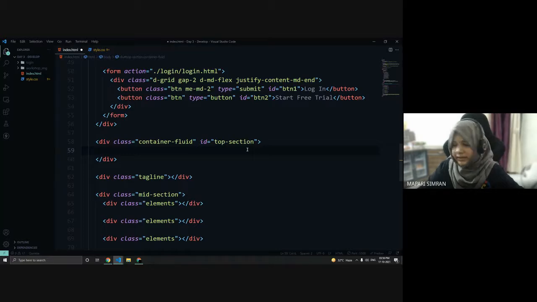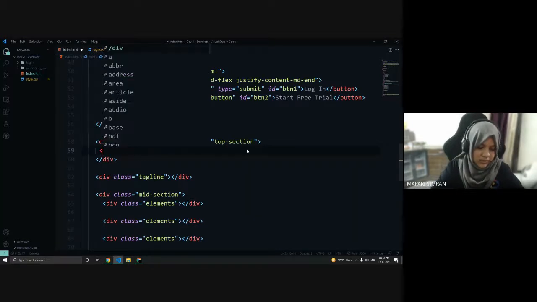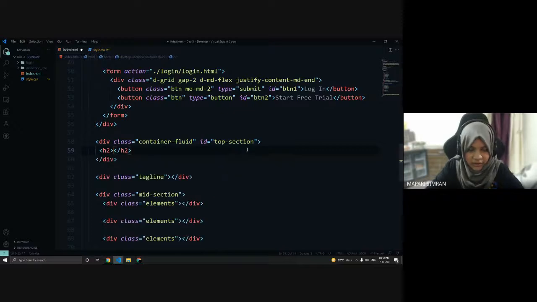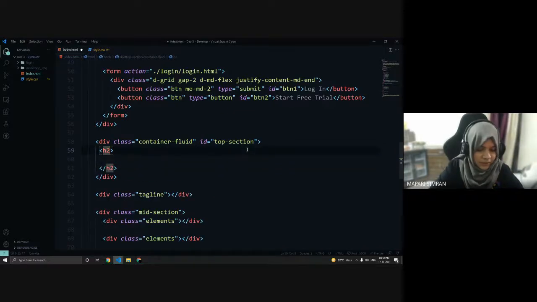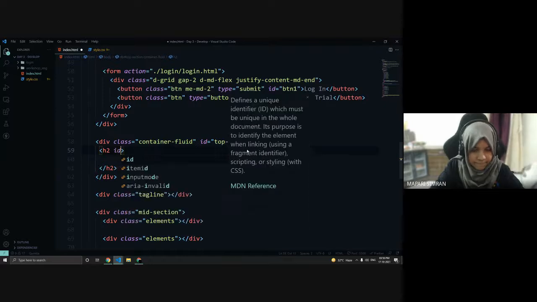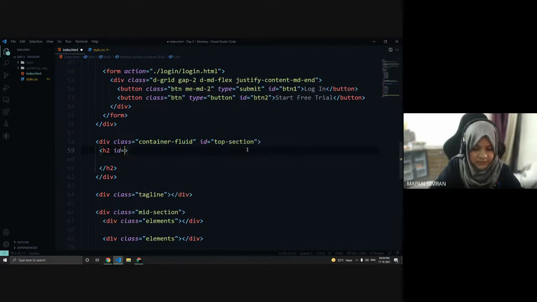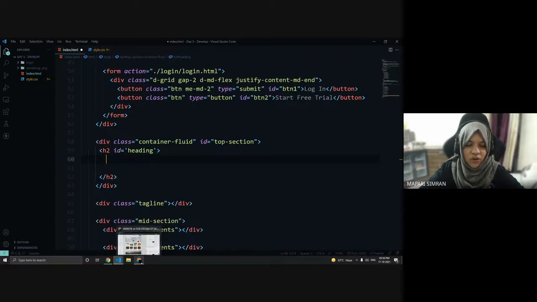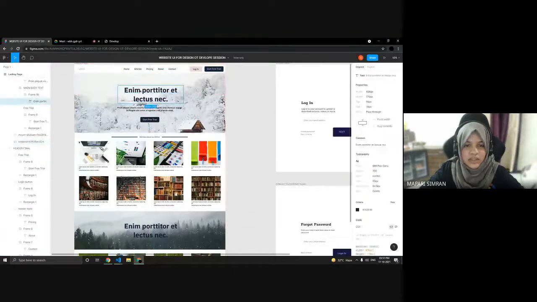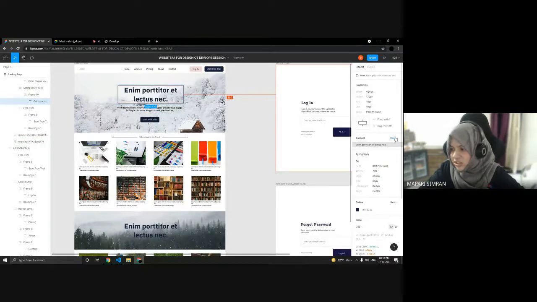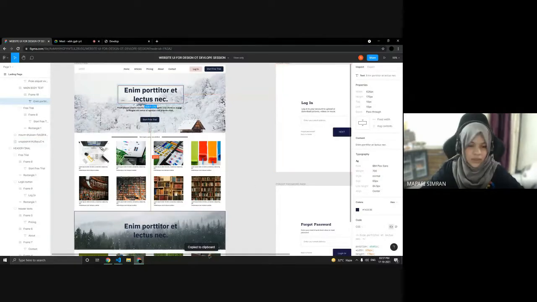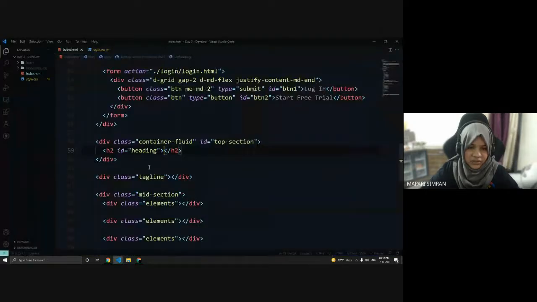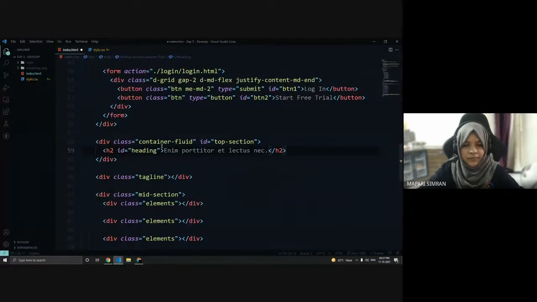Let's take an h2 tag for that, and let's give the id as heading. For the content we can just copy from there. Click here, and you can see the content over here. Just copy it from here and paste it here, Control V.